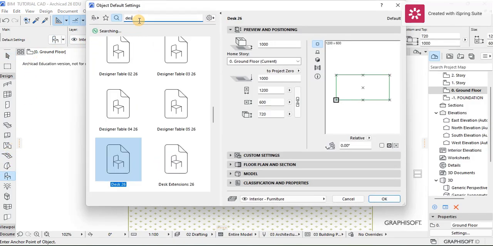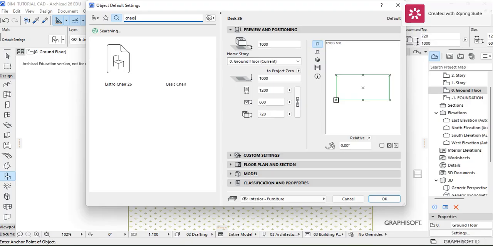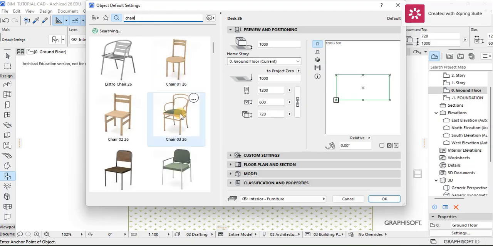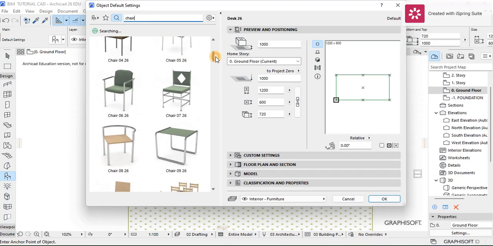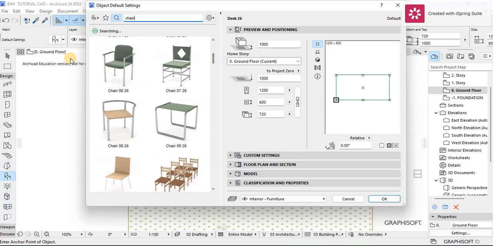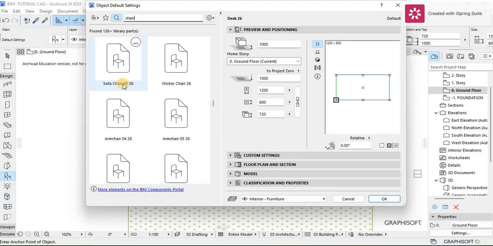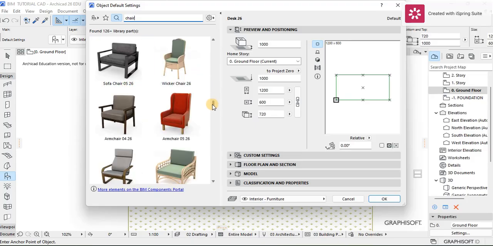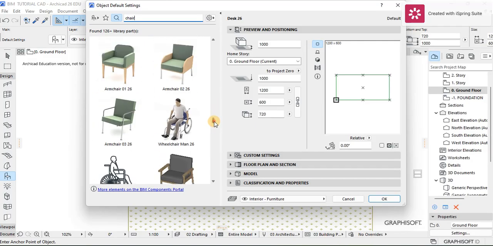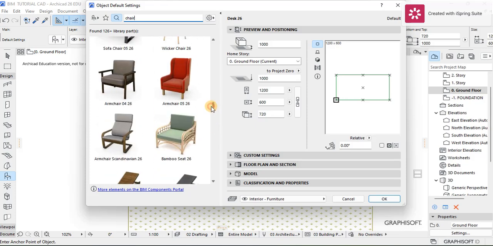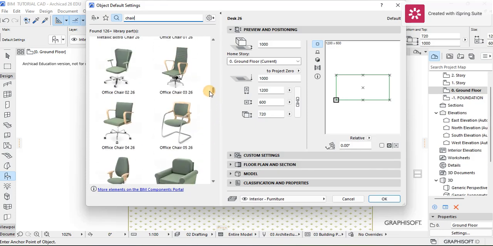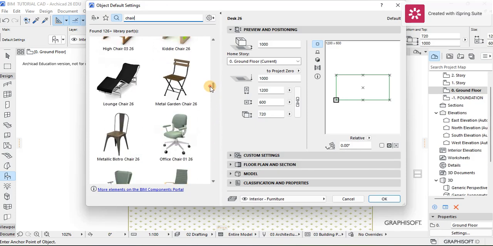We are going to just look for the chair, the ones that we want for our small study area there. So the chair that you can use for a small study area, let me just look for if there's a better option. Yeah, I'm seeing there are different types of chairs. But I think the best option for our study area is going to be